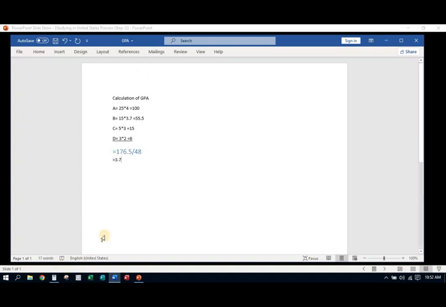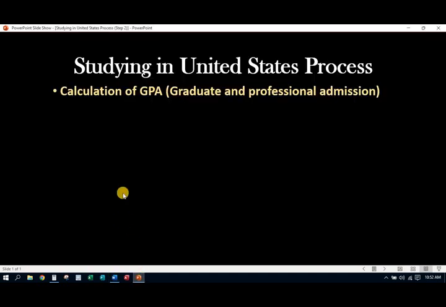So you have your transcripts now. You can calculate your GPA and then know whether you qualify. So that is the first thing you must do there. So calculate your GPA and get an answer of not less than 3. Then the next step, we go to,